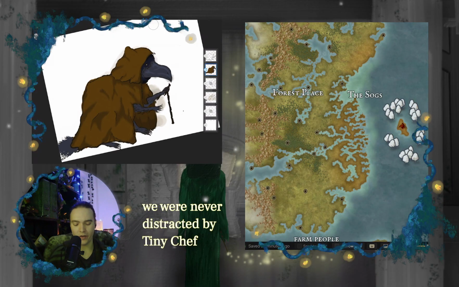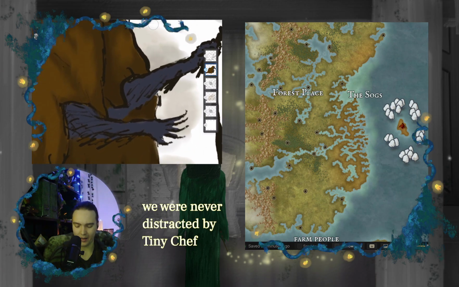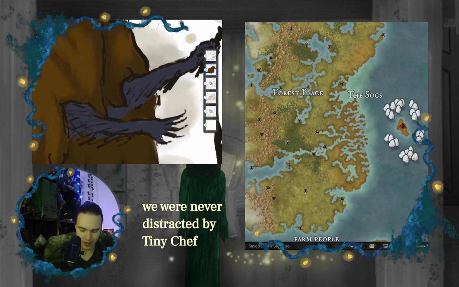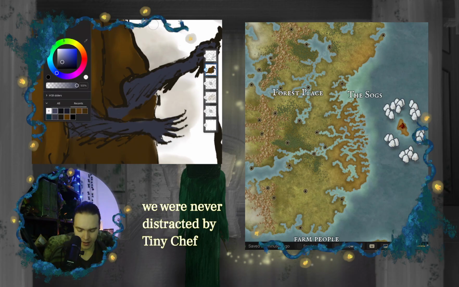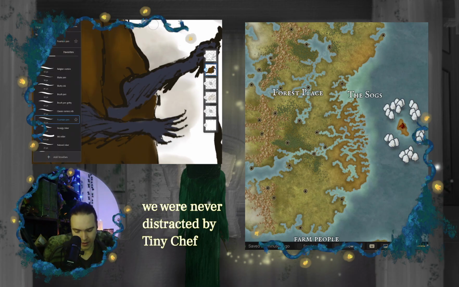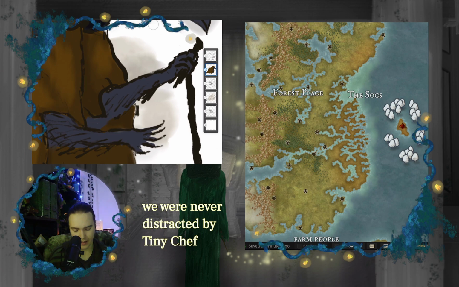All right, let's add a little shading to his little arms. Let's get gloopy.